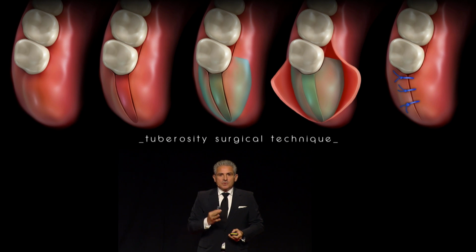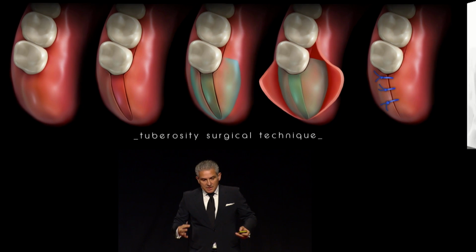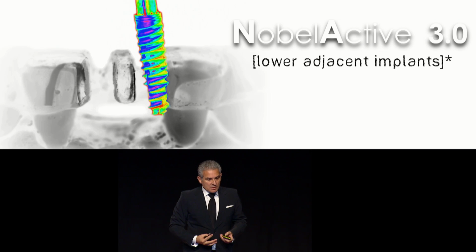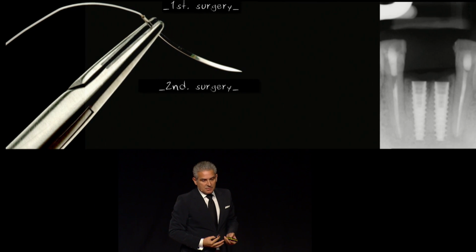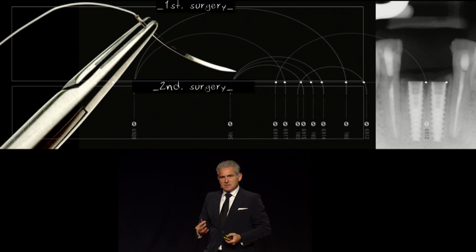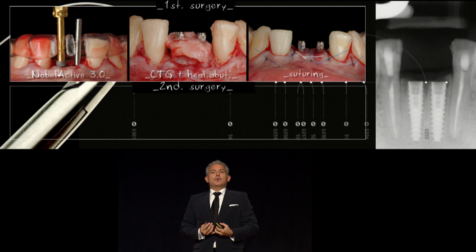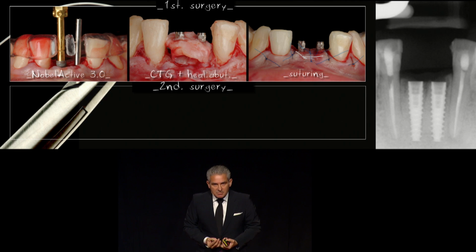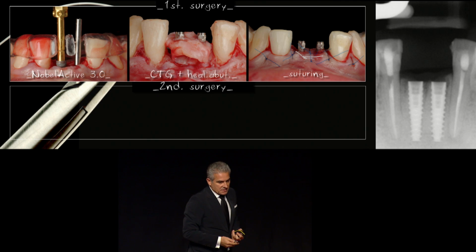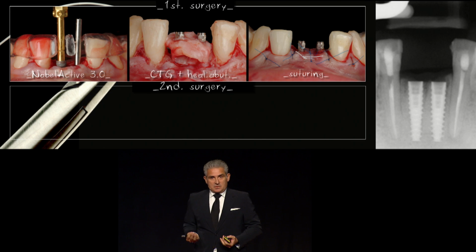So this is what we are talking about. It's a simple wedge technique where you take all that green part and you put it in front. So actually, when you have 2 implants together, this is even more difficult. Why? Because if you imagine having 2 normal healing abutments, not even in 1,000 million times you will have a nice result. Okay? So we place and we do 1 connective tissue graft, but sometimes I do twice